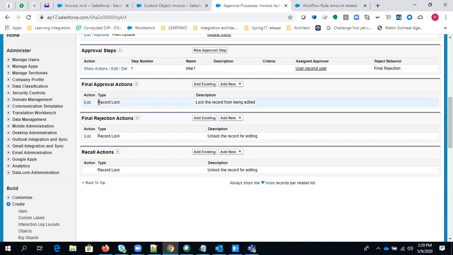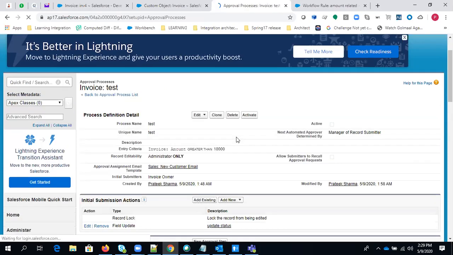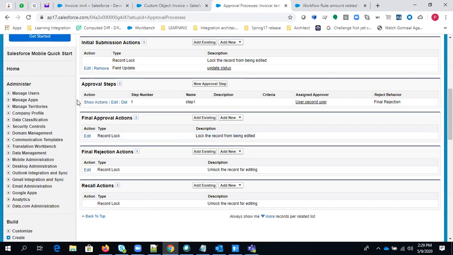So your record is locked. If you want to keep it locked for the future as well, then you can leave it like this. But if you don't want it to remain locked, then you have the option to unlock the record, right? It is up to you and your business process what you want to do.